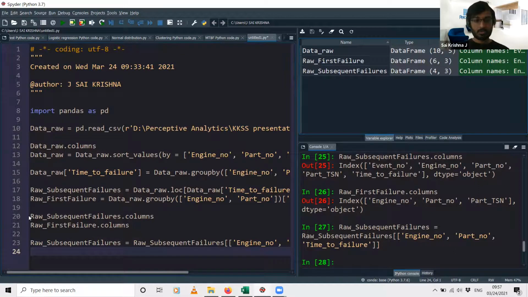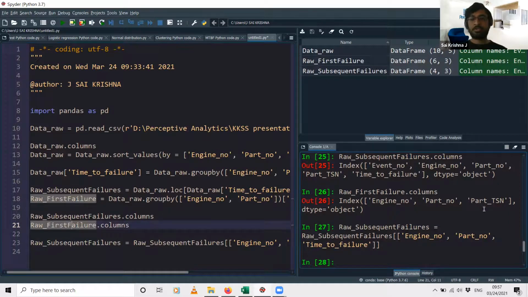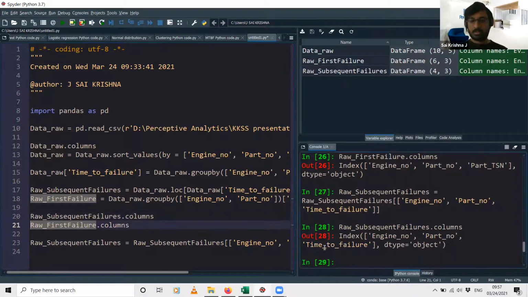Similarly, the first failure data frame has 3 columns, but the name of the 3rd column is different. In subsequent failures, the name of the 3rd column is time to failure, but in the first failure data frame the name of the 3rd column is part underscore TSN. So we need to rename this 3rd column in this other data frame.